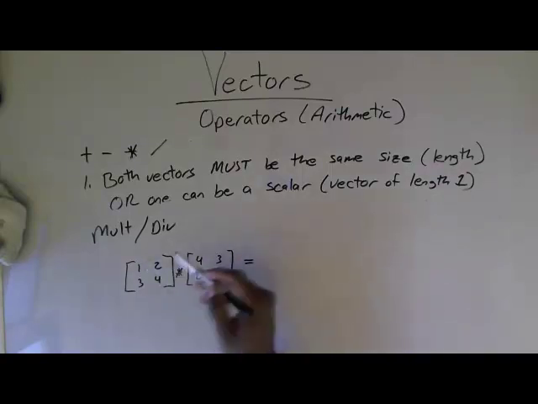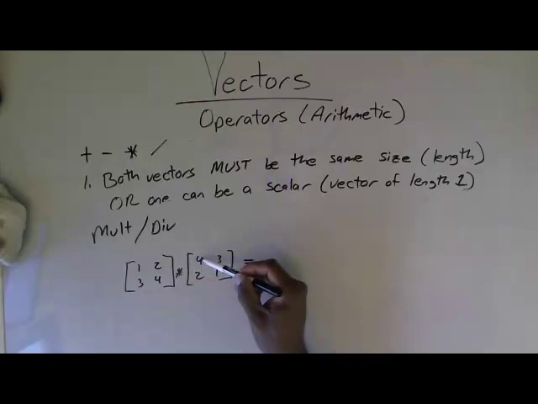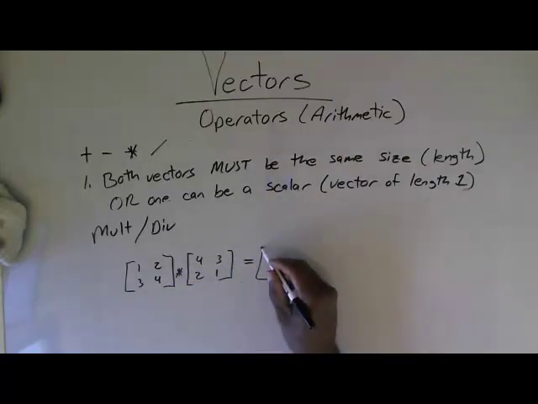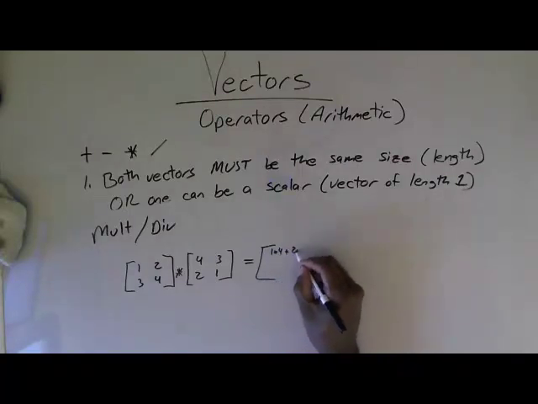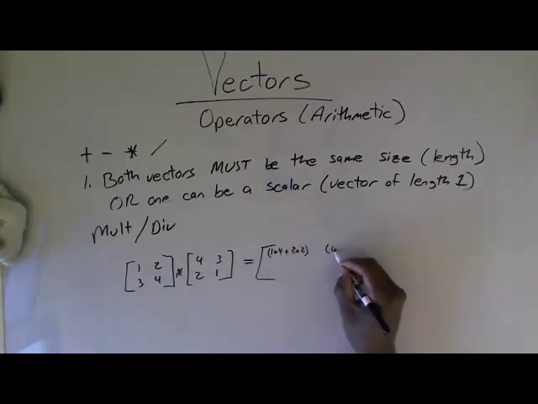What you're doing there is you have to multiply 1 times 4 plus 2 times 2. So you get this. So it's 1 times 4 plus 2 times 2. If you recall this from your math, and then this element is 1 times 3